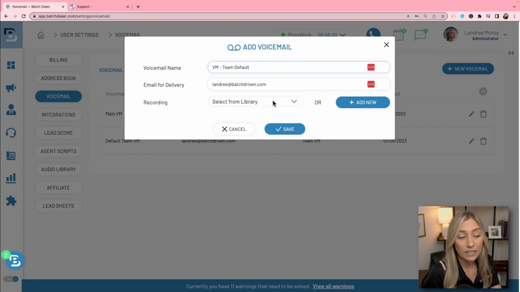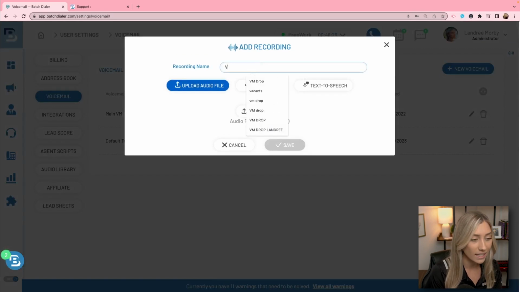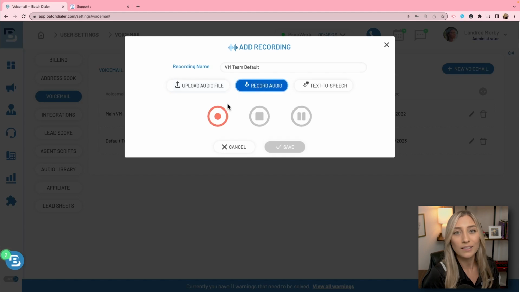And if you already so happen to have an audio recording in your account, you can definitely select it here for your voicemail greeting. Otherwise, just click Add New, where you can upload an audio file, use text to speech, or even record your own right on the spot. So let's name this, and once again, name it voicemail team default for simplicity. We'll click on record audio, for example,